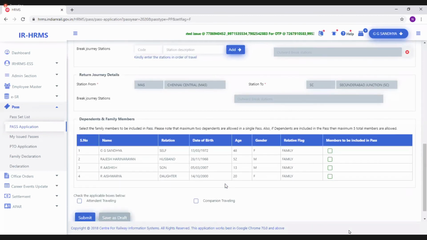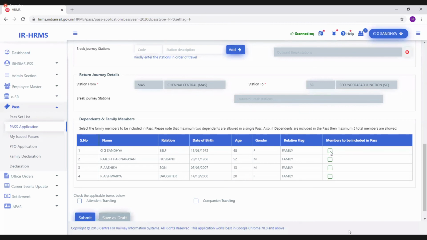Now that we have entered from station and to station and break journey if required, break journeys are not mandatory. Below we can see the self as well as the dependents' names appear. Now we must select for whom the passes are required.